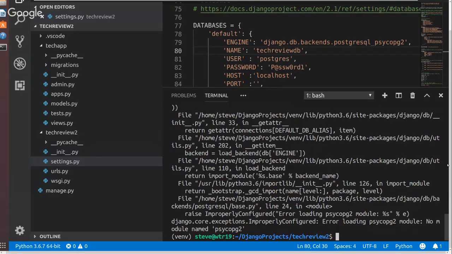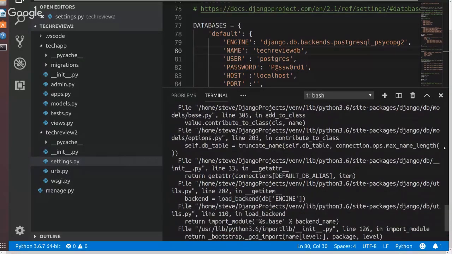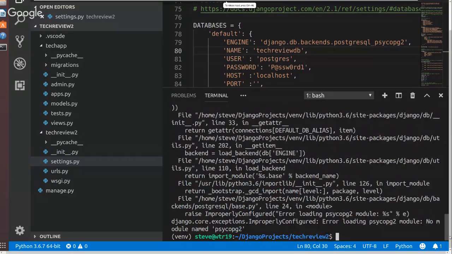All right, so I think the error is that it doesn't have psycopg. See, I kind of expected that, actually. So we want to install it. I'm just looking to see if it has the... No, so,